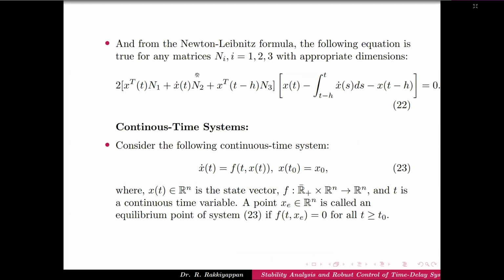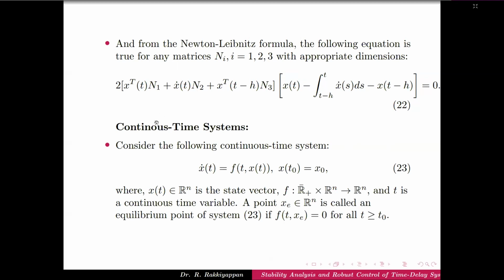From the Newton-Leibniz formula, the following equation is also true for any matrices N1, N2, and N3, with this 0 vector multiplying with this 0 vector. So you can get a zero real number, and you can add that real number to the derivative of the Lyapunov-Krasovskii function. We could achieve the stability results with less conservatism. This is for linear systems,